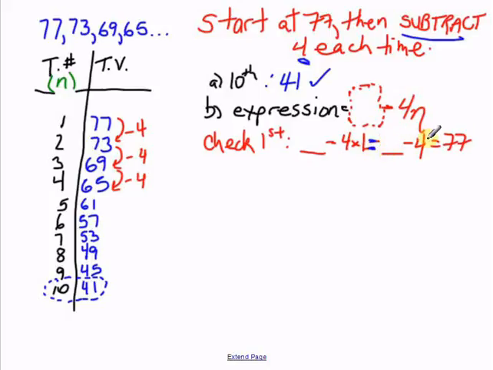Some number take away 4 gives me 77. Well, really, this number is just 4 more than 77, so it's 81. So what that means is my expression needs to say I start from 81 and I keep subtracting multiples of